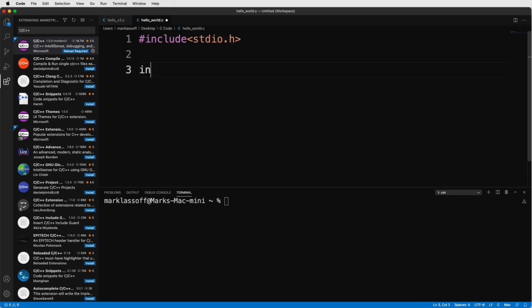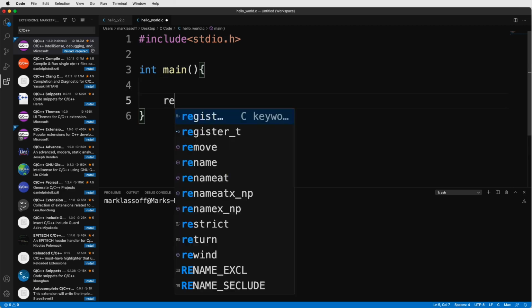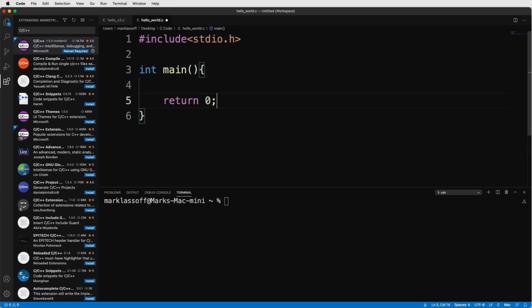C starts executing in a main function. So the way we write that function is like this: int main, and then open parentheses. You'll understand more about these functions a little later in the video, but what this means is this function returns an integer. The function is called main, and the empty parentheses indicate it doesn't take any arguments. Now, since this particular function is designed to return an integer, we should return something, so we'll end with return 0. Now all we have to do is write some code that outputs something.